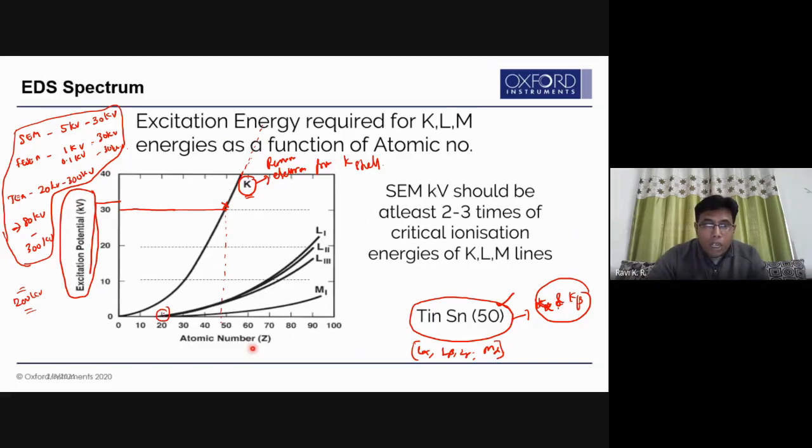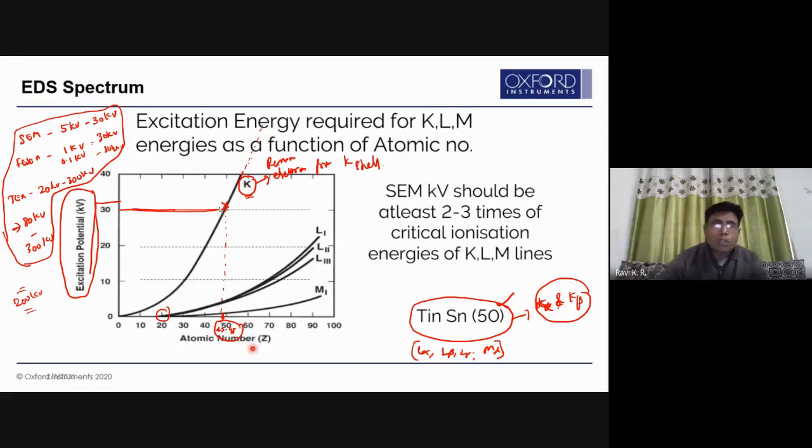But now, if you want to get K alpha, this is a threshold value. To get K alpha, the atomic number must be somewhere around 47 or 48. Beyond this atomic number you are not going to get it, because in SEM the maximum voltage you can go to is only 30 kV. That is the reason that for some samples you start using a higher kV to get a sufficient amount of signal and to get a K alpha value, because K alpha intensity is generally higher.